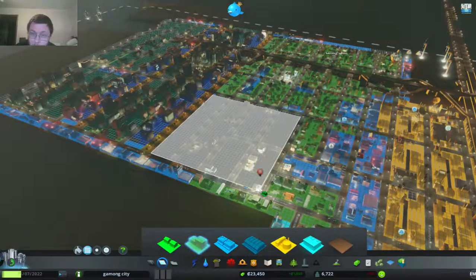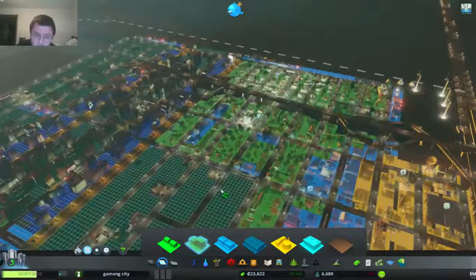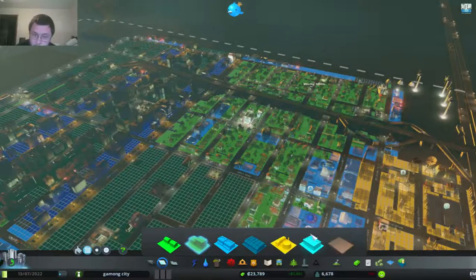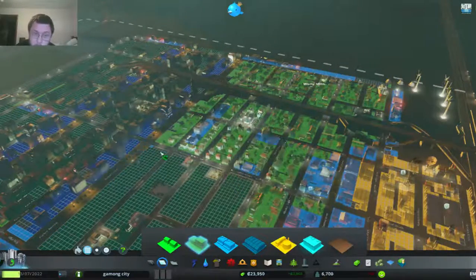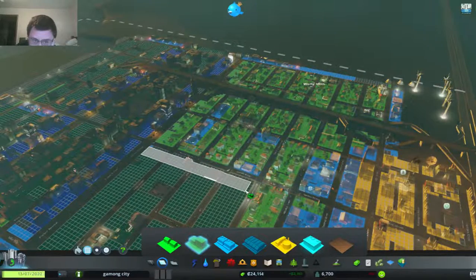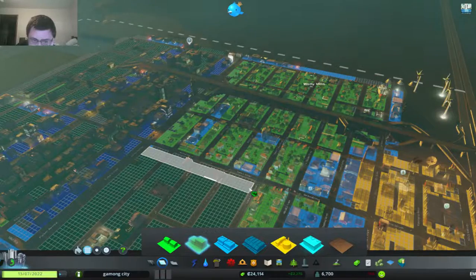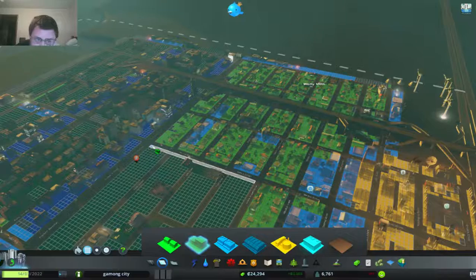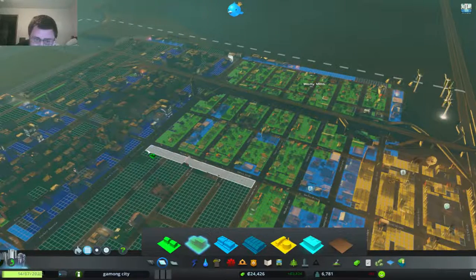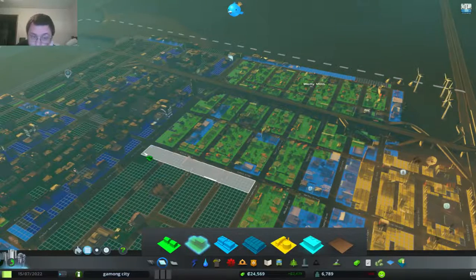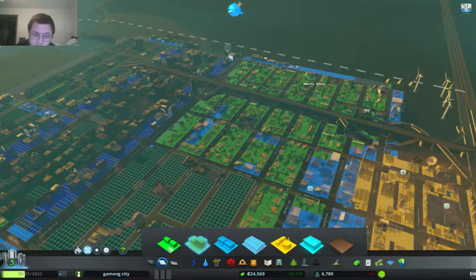I'm going to leave a small district over there. I do want to actually rip out the portion along this side right about out there, and replace that with the